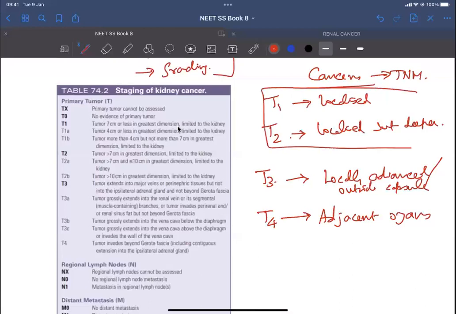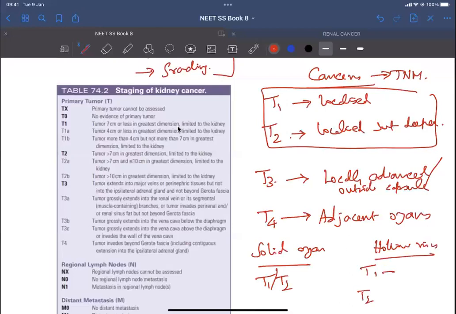tumors, where for solid organs, T1, T2 is predominantly size-based. For hollow viscus, T1, T2 will be based on depth of invasion. This will be lamina propria. This will be muscularis propria. That is what, no matter what cancer you study, will usually hold true. So this will be size-based. So kidney is